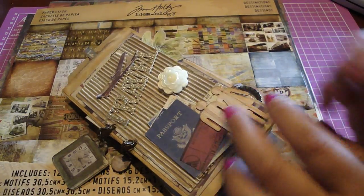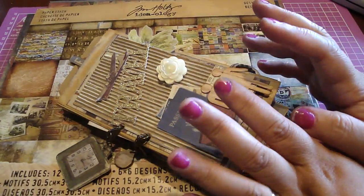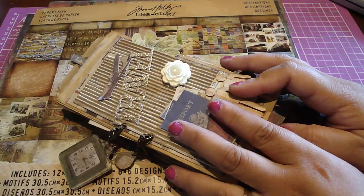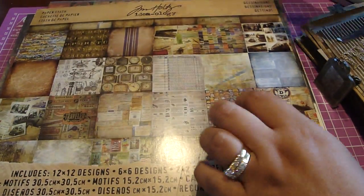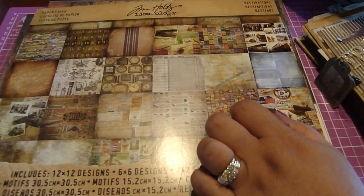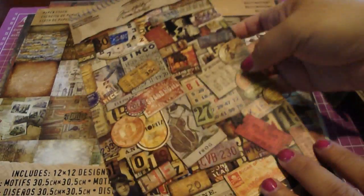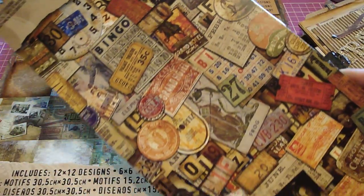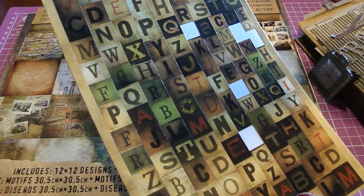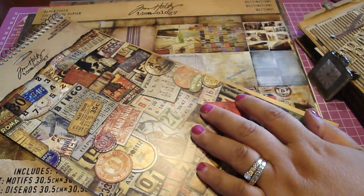Hello everyone, I'm going to share with you a paper bag mini album that I created. I used Tim Holtz Destinations collection, really nice travel collection. I also use his salvage stickers. This is actually from the Lost and Found collection. I really loved the letters especially, but all the stickers in this collection are really nice, and it goes perfectly